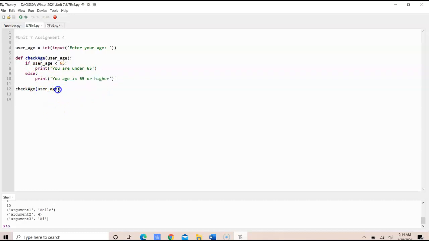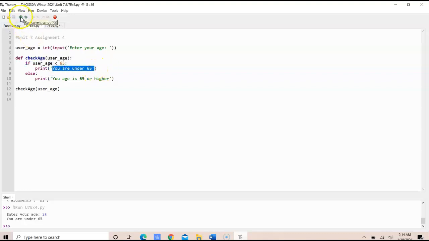And lastly, we would call the function with the user age as the argument. So when we run this program, we would then see enter the age. Let's say I put 24, and 24 checks true for this condition, so it shows me you are